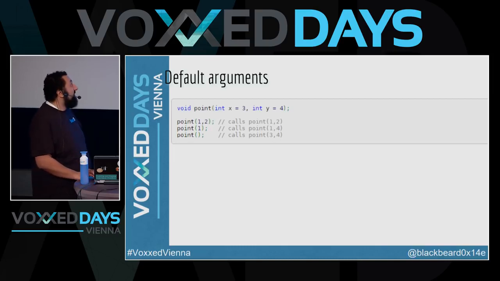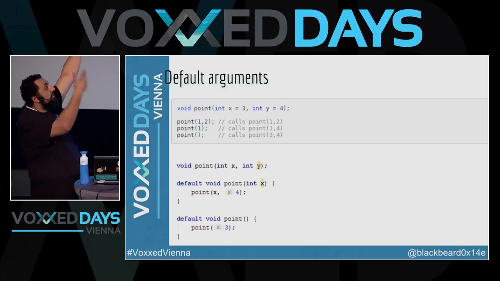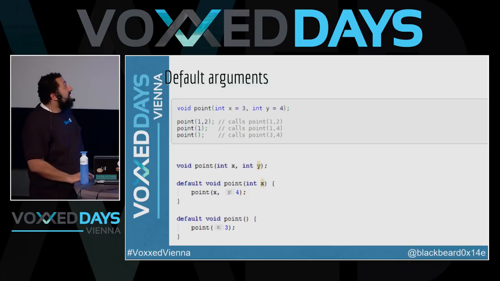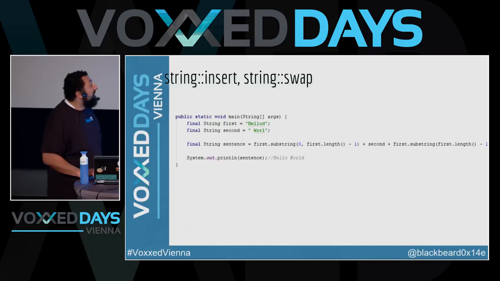Default arguments, yeah, it's a very simple one. So you can do this kind of stuff. The line on top, you can do that in C++ and other languages as well. Just say, if I don't give a y, then the y is this value. If I don't give an x and a y, then it's like that. And the code block below, that's kind of like the simplest way you could do it in Java. Maybe it can be simpler, I'm not sure, but that's annoying. Or it could be helpful.